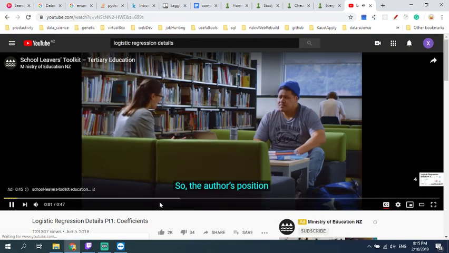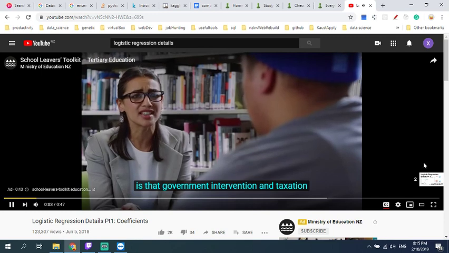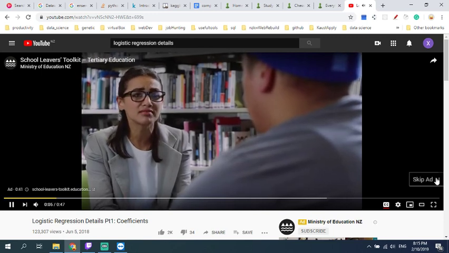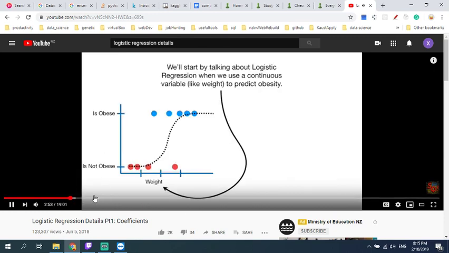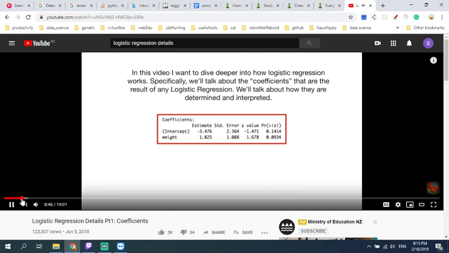So the author's position is that the government intervention and taxation in the free market should be minimized. Oh, I get all that. Linear Models Part 2, t-tests and a no weight to predict works. Specifically, we'll talk about the coefficients